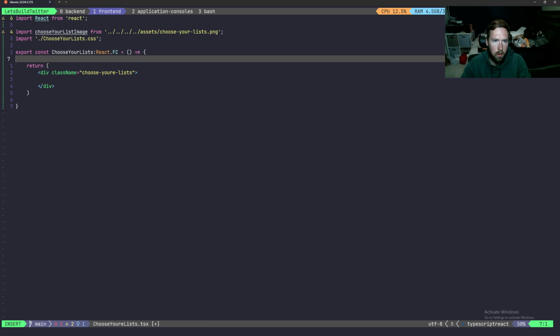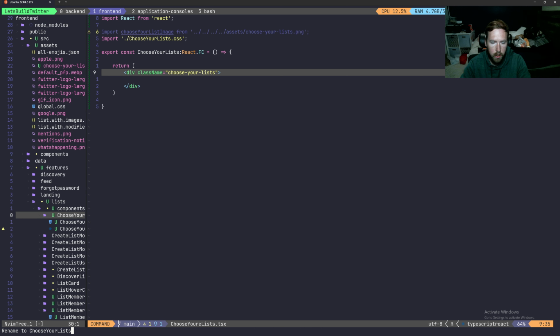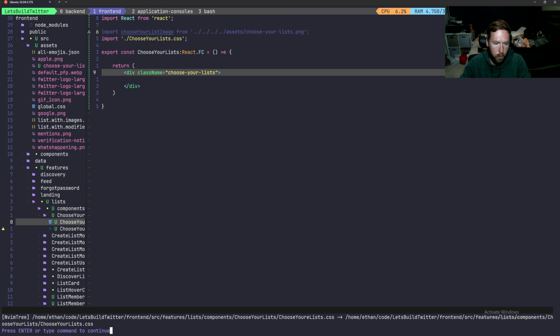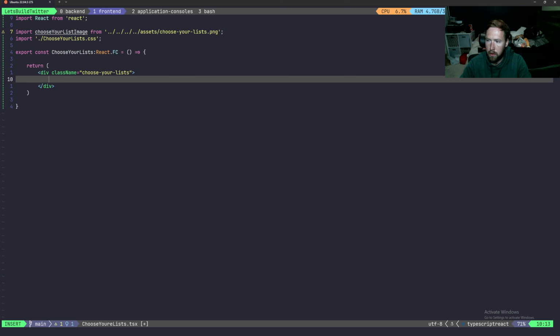Choose your, and choose your. Let's go and fix this typo. So let's go ahead and rename this to choose your list. That one's spelled right. What about this one? That one's not spelled right, so let's go and fix this. We haven't imported anywhere, so it's not going to be that big of an uplift. That one is already spelled right. Cool. So now that we have that spelled properly, we're going to go and have an image with a class